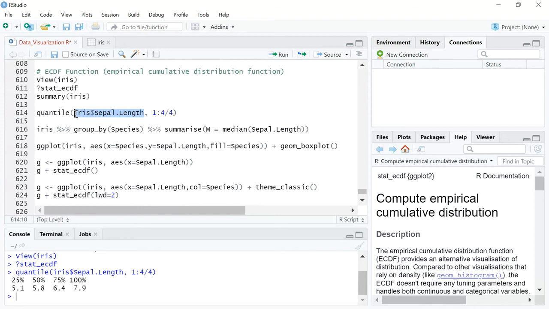So here we are looking at the sepal length, and what we're trying to do here is take 1 through 4 and divide by 4. So you will get 25%, 50%, 75%, 100%. You'll get that distribution, and the quantile function will give you the value at the 25th percentile when the sepal length column is sorted ascendingly, right? So this is in a way like a box plot.